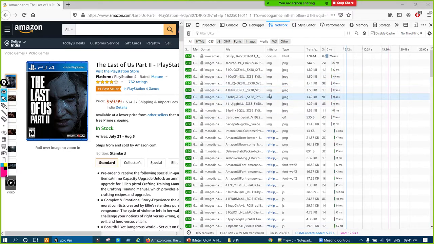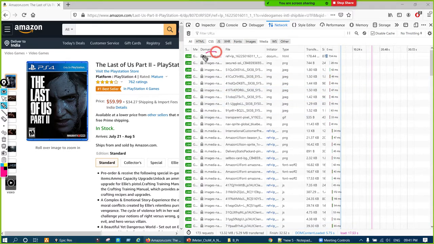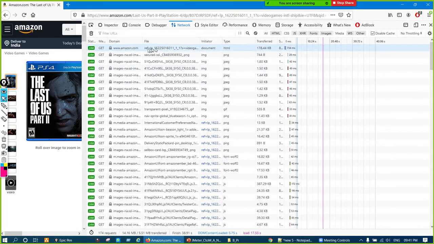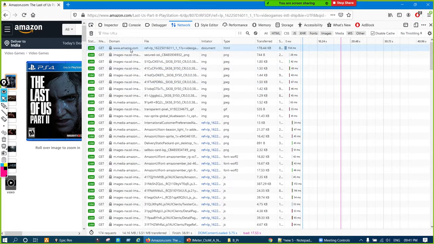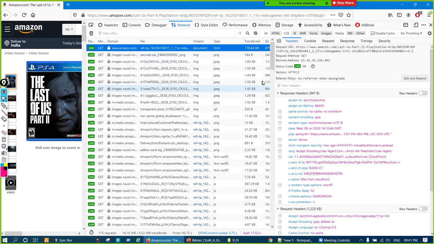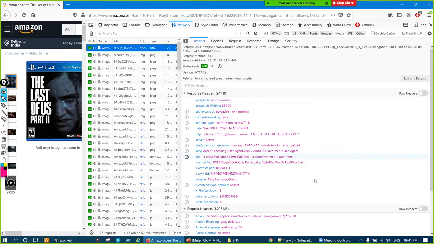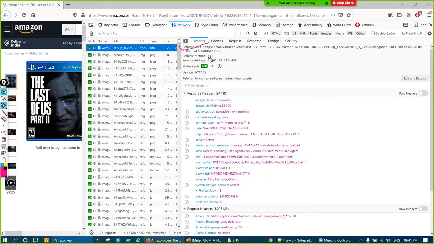My laptop is going a little bit slow. Okay, so this is the request, and if you observe, this is the type, HTML type. We can match it also. How to match? If you click on this request, one more tab will open. Here some more details will be there, like request URL, method, version, response header.